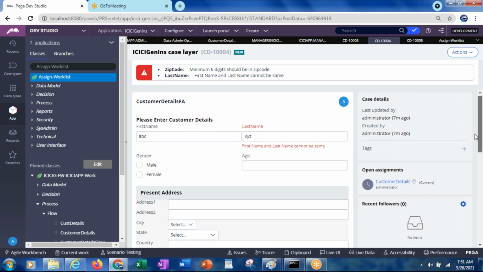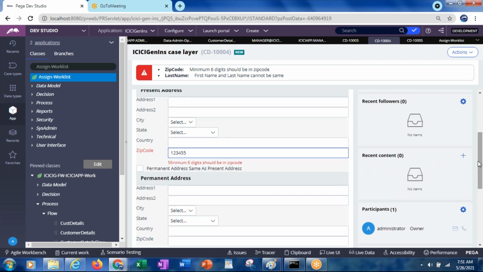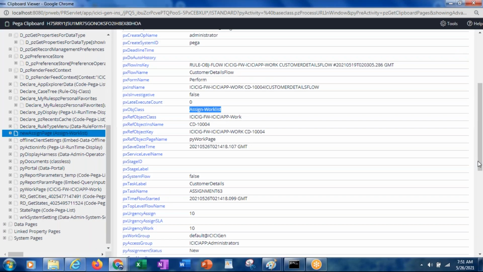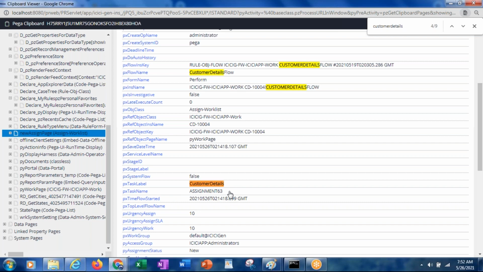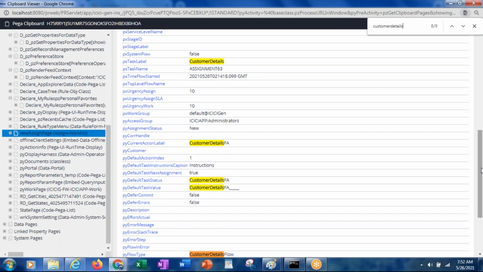So this assignment also refers to that. Customer details, I will show that as well. Yes, the PS task label is customer details. The flow action it is referring to is also the customer details flow action.